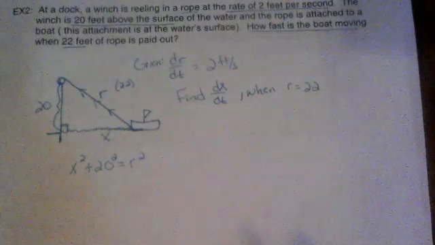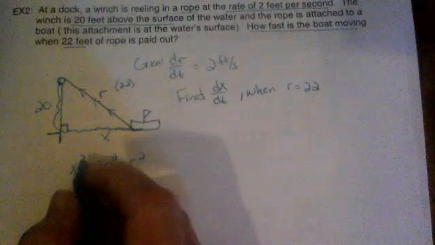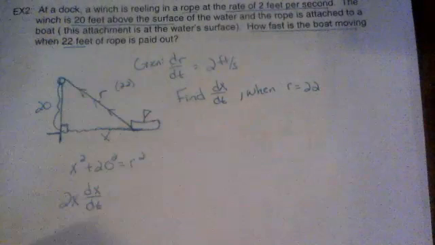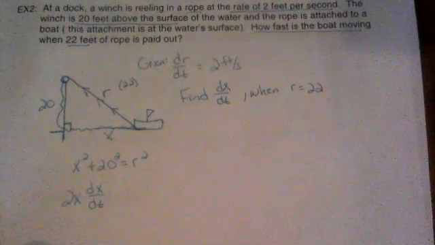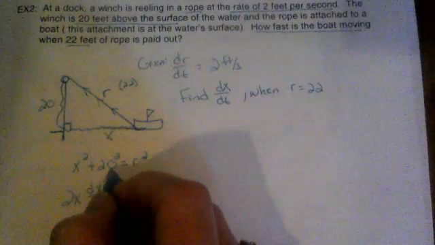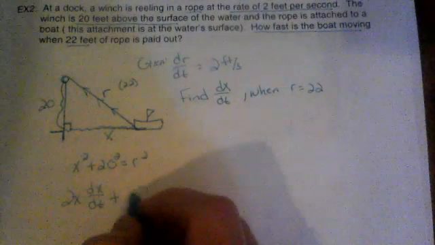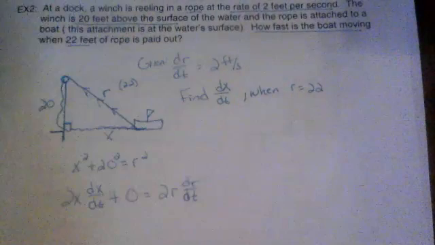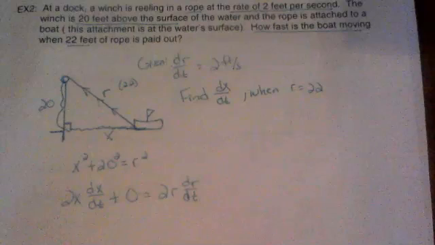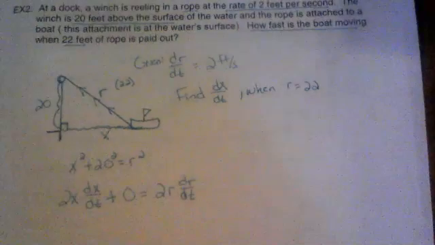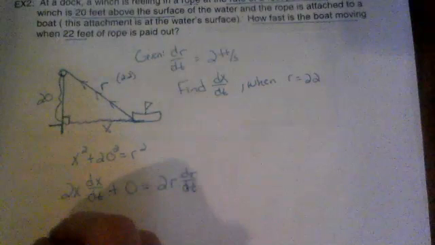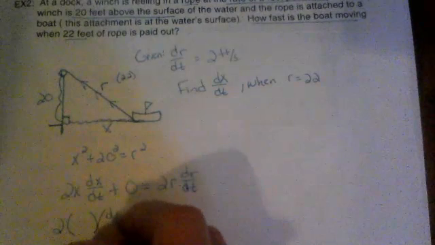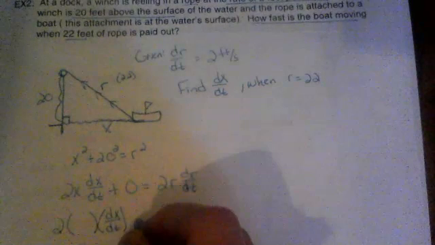So I'm going to go ahead and take the derivative here. The derivative of x squared would be 2x, but don't forget that we're taking this derivative with respect to time, so we still have to add the dx/dt, plus the derivative of 20 squared, or the derivative of 400, is just 0, equals 2r dr/dt. All right, so let's plug in what we do know so far. So we know 2, we don't know x, we don't know dx/dt, that's what we're supposed to be looking for, so I'm going to leave that in there,